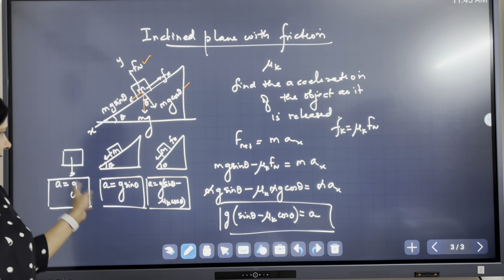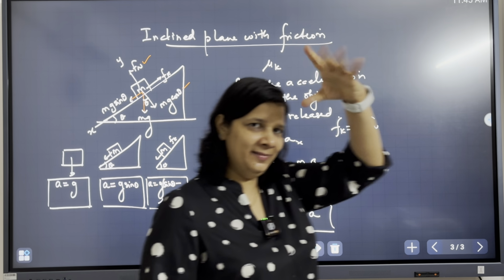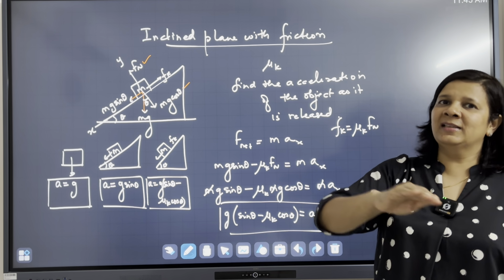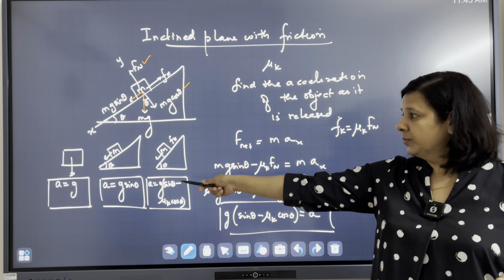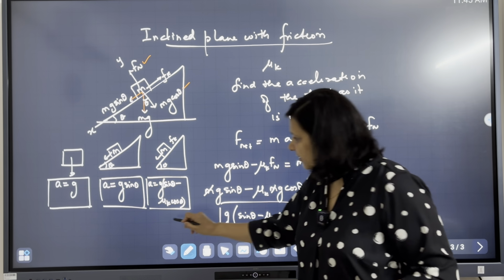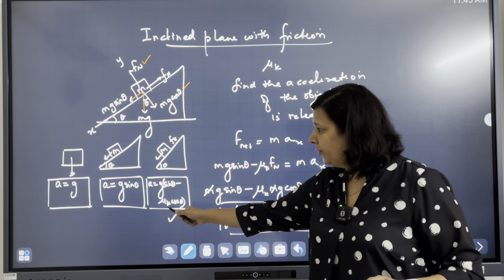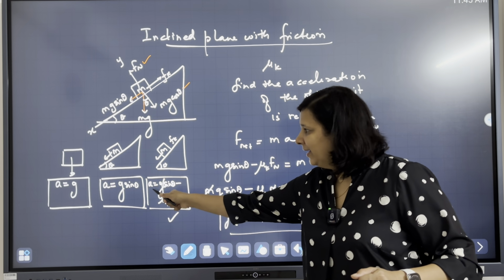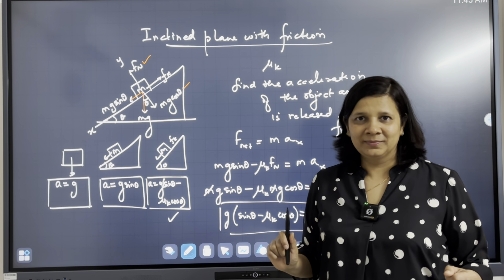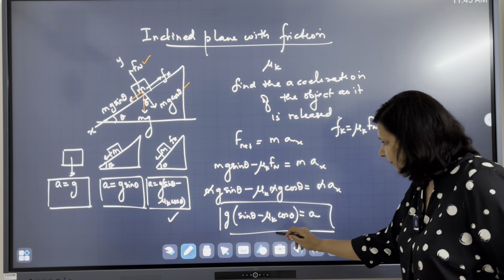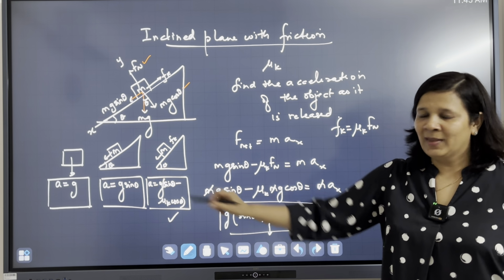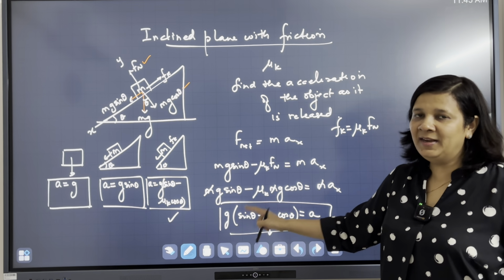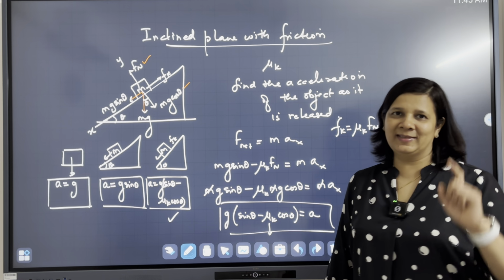So acceleration a is equal to g. When it is coming down the incline, it is reduced, and obviously you can put theta equal to 90 degrees and check. And in this result also you can check, if there is no friction, mu k is 0, again you will get a equal to g sin theta, right? Here, if mu k is 0, there is no friction, you should get back the result without friction. And if theta is 90 degrees, you should get back the first result.